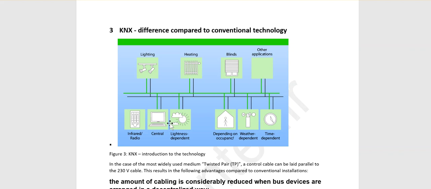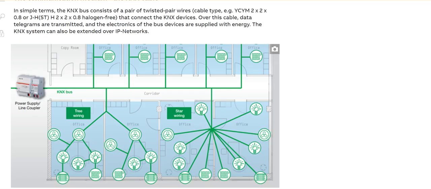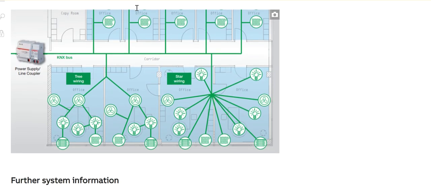Anyway, the next part is how KNX is different compared to conventional technology. It's an interesting part. It says that compared to conventional wiring, KNX is much easier for wiring. Why? If you go to the ABB KNX part website, it provides you nice information about KNX. It's one of the best places for training. Anyway, you can see the green cable of KNX can